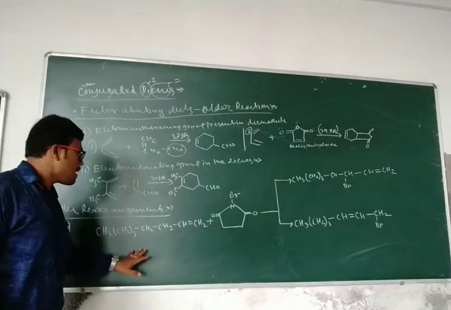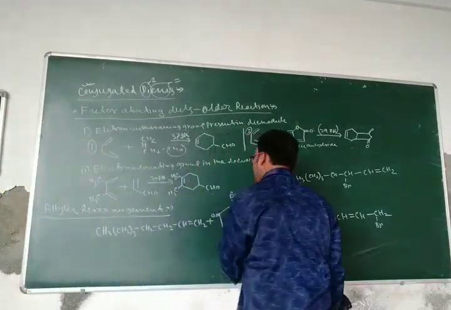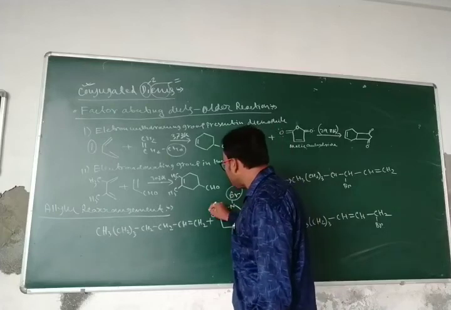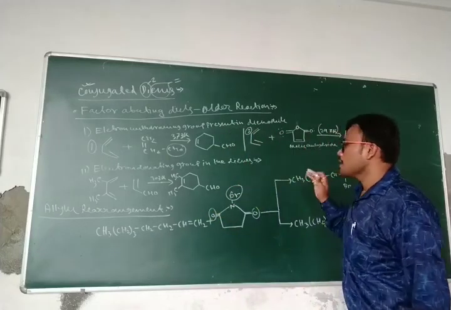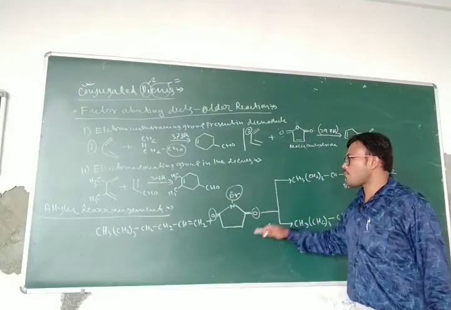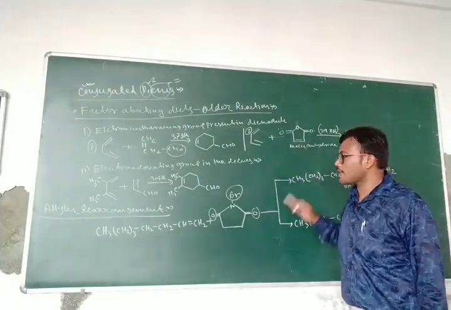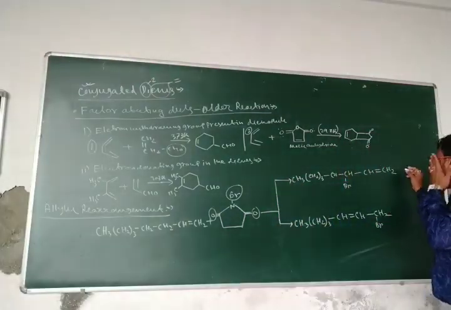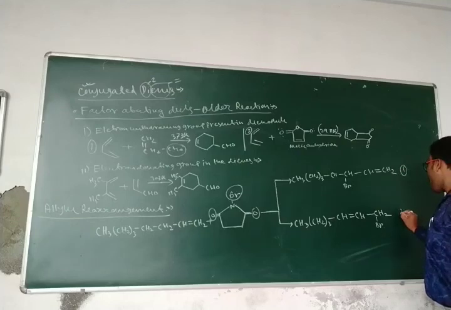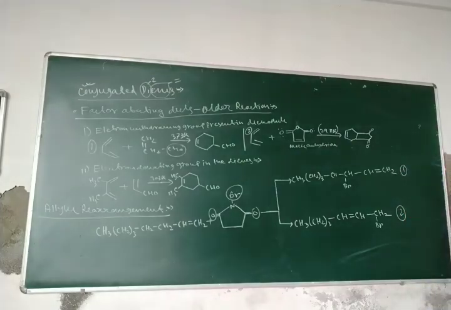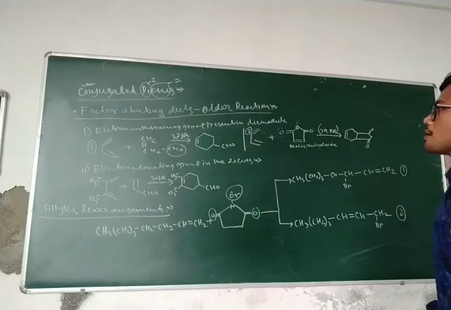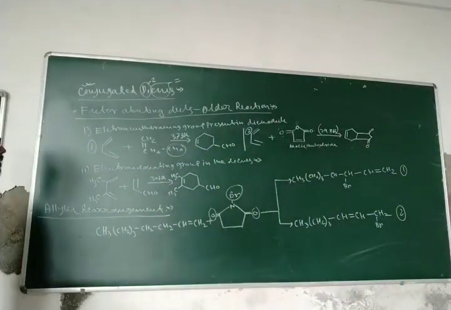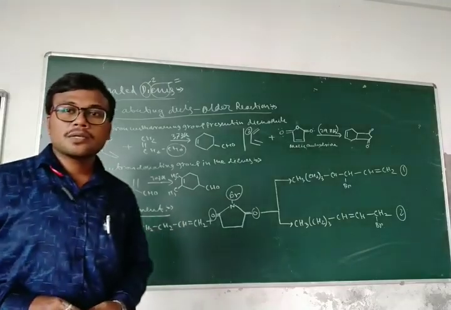In the reaction, diene reacts with N-bromosuccinimide. This compound contains 3 electron withdrawing groups. So this reaction is faster than the previous reaction and the temperature required is very low, and in this reaction there is a probability to produce 2 final compounds. Okay, so that's all for conjugated dienes. If you have any doubts from this topic or chapter, you can ask me. Okay, so thank you.